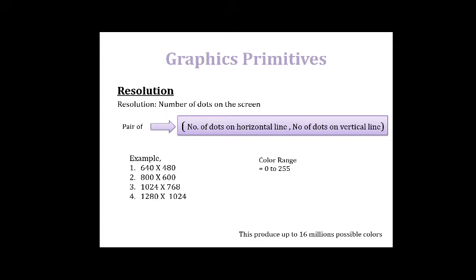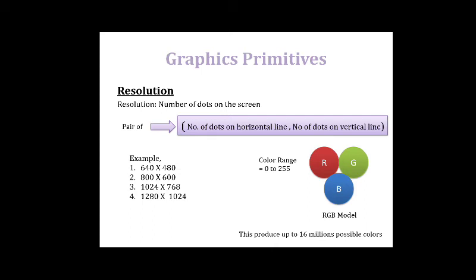So, what is required? What is the basic component required for this resolution? It is nothing but the RGB model. What is the RGB model? Its name suggests red, green, and blue color. So, this model contains red, green and blue colors. What is the color range of this model? It has a color range from 0 to 255. 0 represents the black color, 255 represents the white color.